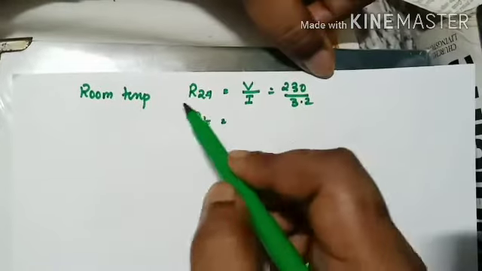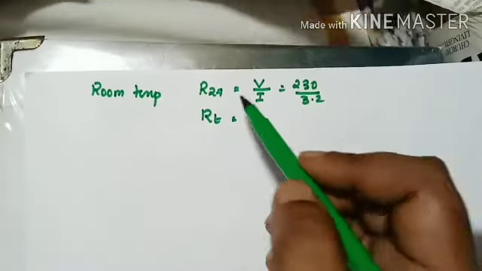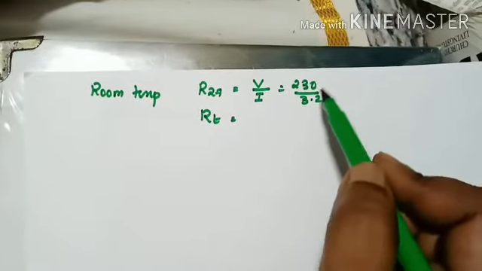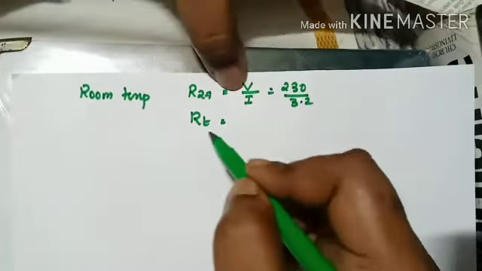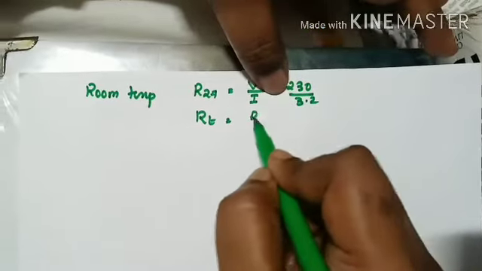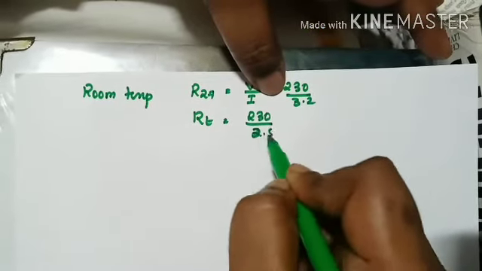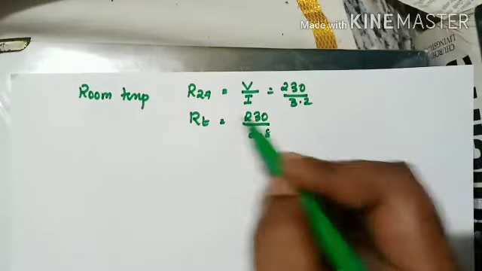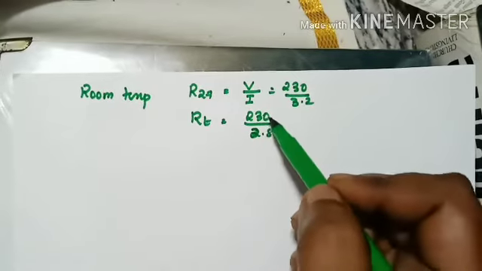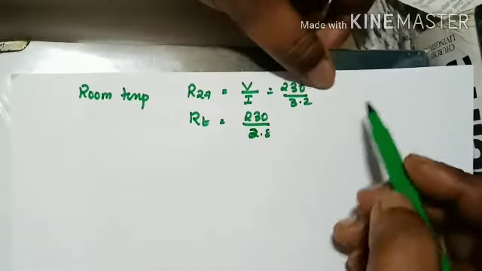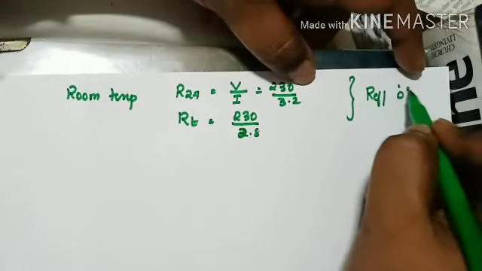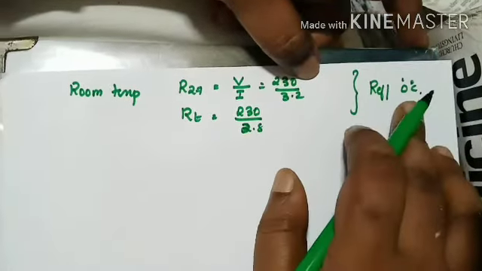Now guys, at room temperature, the R27 or resistance at 27 degrees Celsius is V by I. I can put the values which are given in the problem. This much is clear. So R_T, the resistance at the temperature T, I don't know the temperature, but it is also given in this form, right? I can put it as this value. That means I know the resistance at 27 degrees Celsius, and also I know the resistance at T degrees Celsius, right? Now suppose I am going to consider a scenario that the reference point is 0 degrees Celsius.